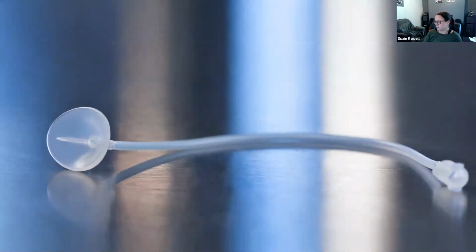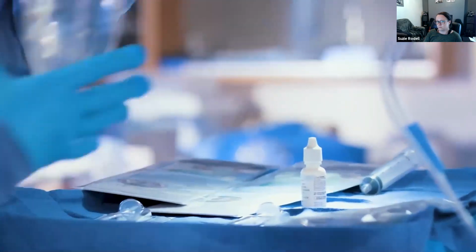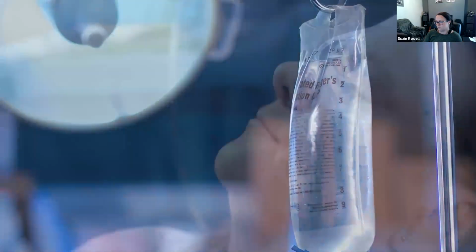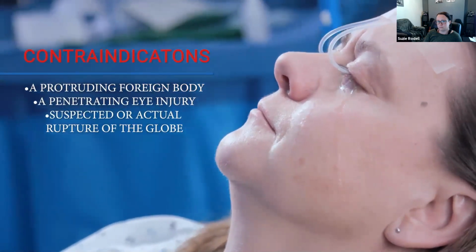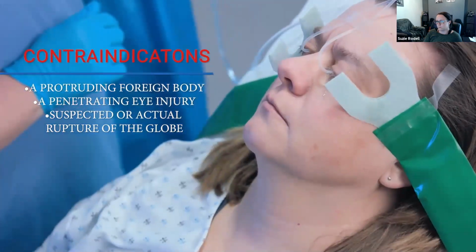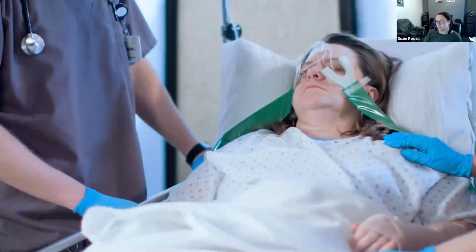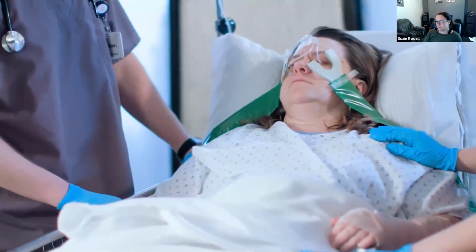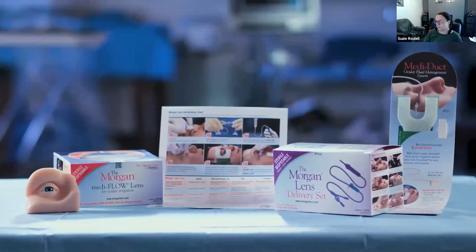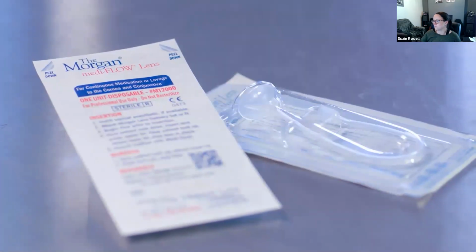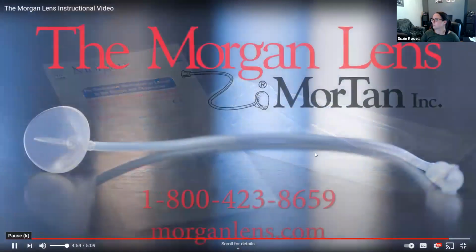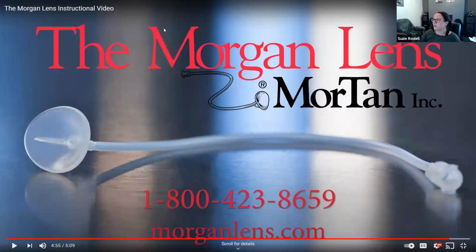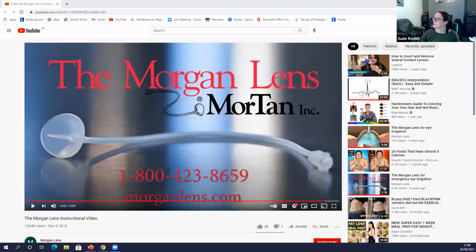Experts have said that regardless of the chemical involved, immediate and copious irrigation is most important. Contraindications include a protruding foreign body, a penetrating eye injury, or suspected or actual rupture of the globe. In all other cases, begin immediate irrigation and wait to perform a more detailed evaluation or history until treatment is underway. Join over 90% of the country's emergency departments and make the Morgan lens your first line of defense against ocular